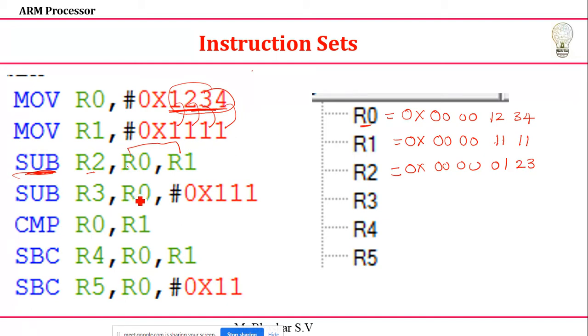Okay, now the same process I'm doing, but instead of taking the register, I'll take the immediate values. So this is the way of representation. Here also, just tell me, I'll get the same result, 0, 0, 0, 0, 0, 1, 2, 3. Same process. R naught content is 1, 2, 3, 4. Okay, 3 ones are there. Now you tell me what is the answer. 3 ones are there means.